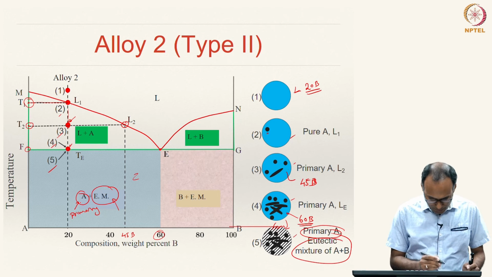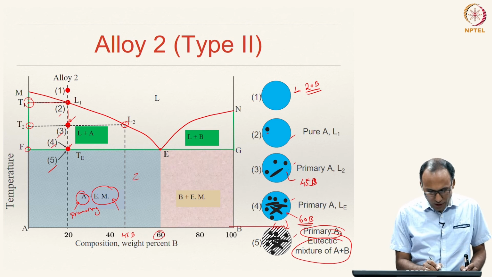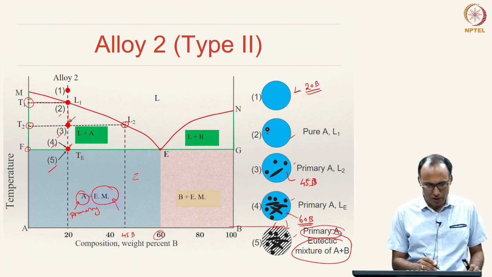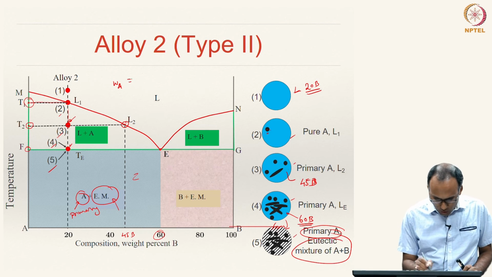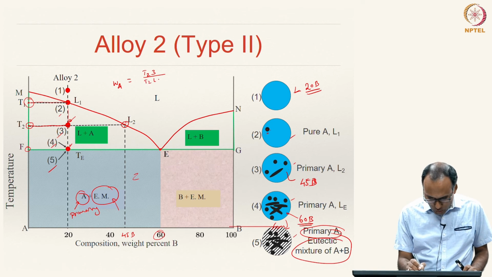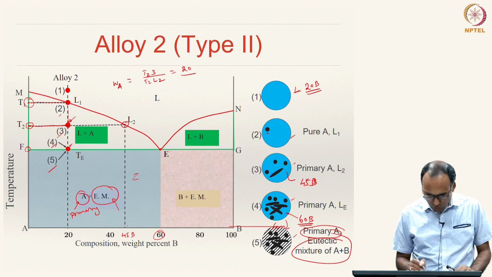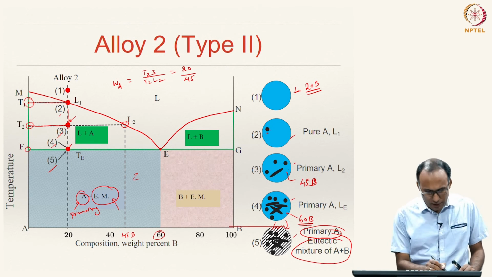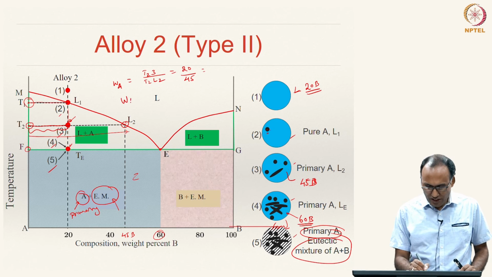Another thing that I would like to point out: when we are going from 0.2 to 0.3, what is the weight fraction of liquid? It is almost 100% liquid, only a very tiny amount of solid has formed. Now, come to 0.3, what is the weight fraction of solid, or weight fraction of A? That will be distance T23 divided by T2L2. What is T23? That is 20 divided by 45, right. This distance is 20 divided by 45, and the weight fraction of the remaining liquid will be